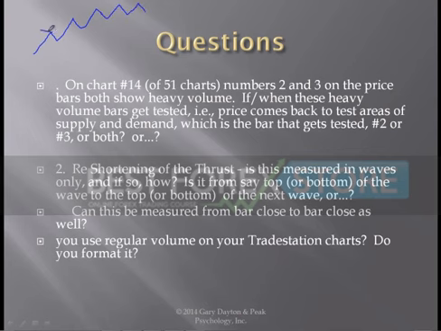we're making good progress from here to here and from here to here. But suddenly we start to shorten and we get really short, and I'm getting squeezed up there. And it's the same thing on the reverse. You'll see good progress coming down, good progress, decent progress, less progress, much less progress, and even less progress than that, and that's shortening of the thrust. Can this be measured from bar close to bar close as well? Yes, though I don't really do that. I look from high to high on the price bars or from low to low on the price bars.